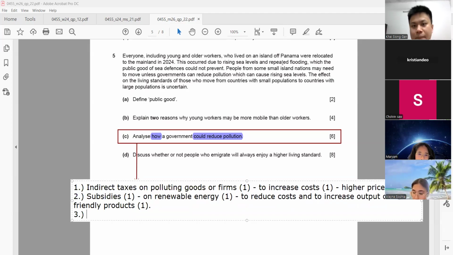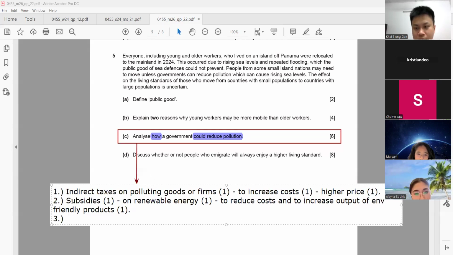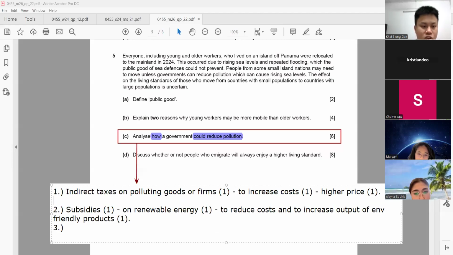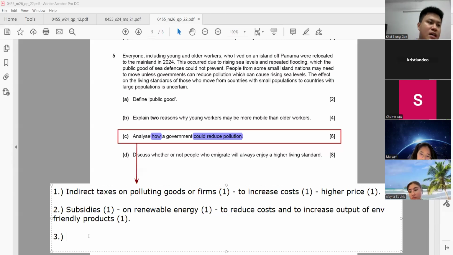Regulation and law, correct. But how do we elaborate more on regulation and law? Okay, so let me write it down. Actually, you do not have to write. There are so many answers. The most is only 2 to 3 points, because you have elaborations to help you score marks. Cayenne, remember, you don't have to write too lengthy. I think in your question C sometimes you wrote too lengthy.